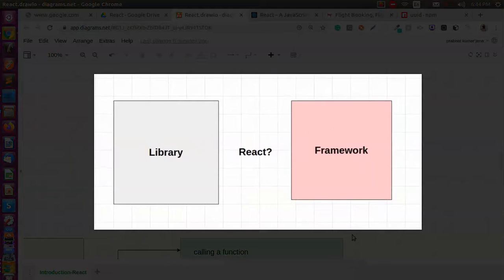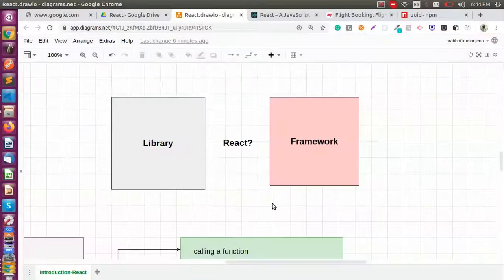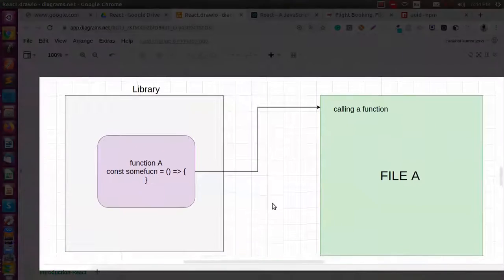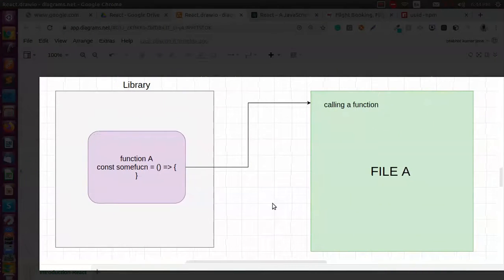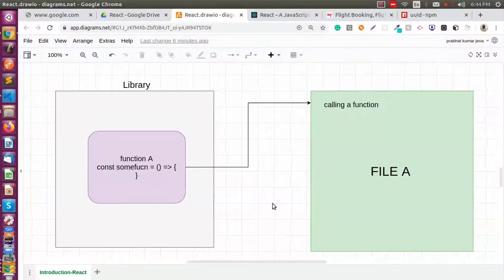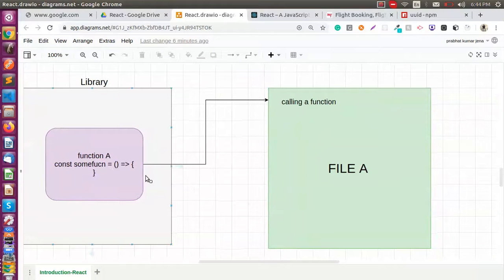So here is the big question: is React a library or a framework? To understand this, we first have to understand what a library is and what a framework is. A library is basically a collection of functions doing a specific task. If we need a specific task in our project, we call that function from the library and we get our output.